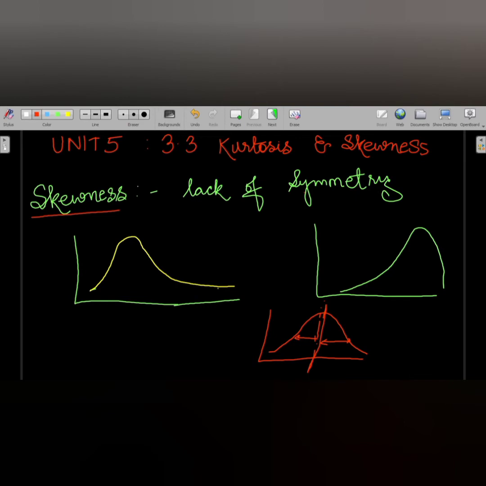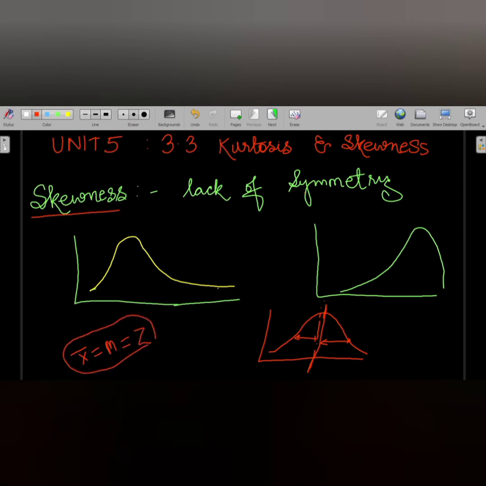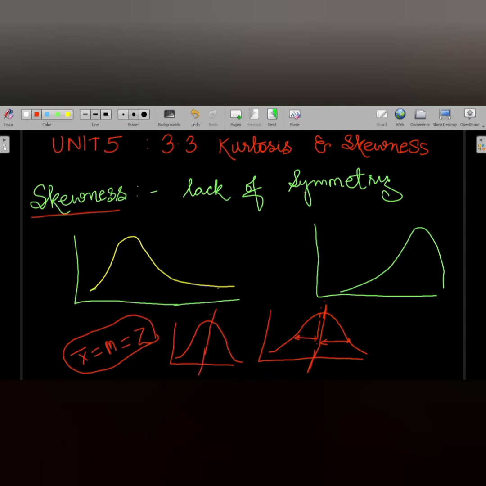Now, if there are no deviations, or we can say no dispersion in the central tendency, then what will the values of the central tendency be? We'll see that mean equals median equals mode. Clear? Look at this figure. What does this figure say? This figure says that the graph is normally distributed. Here the mean is equal to the median is equal to the mode.